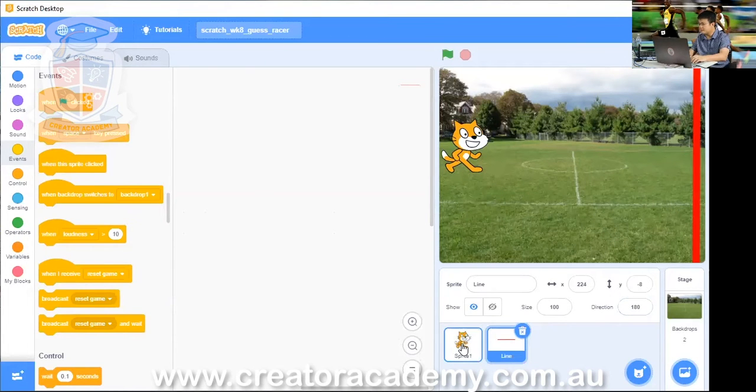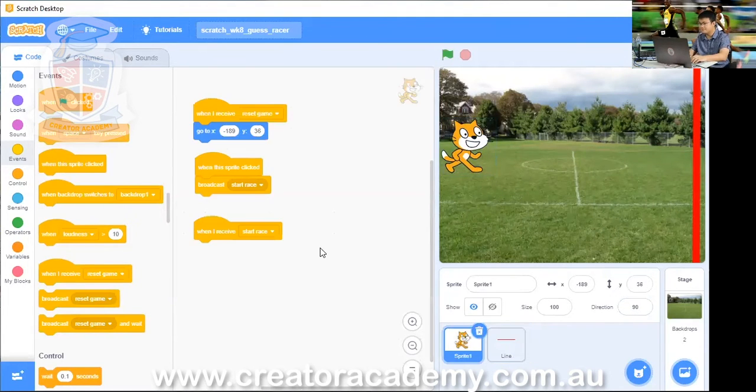All right, now we go back to the cat. Click on the cat. When I receive start race, what do I want the cat to do? Well, what I want the cat to do first is make it go back to the starting position. Remember we already made it: when I receive reset game, we go to the starting position. So when I start the race, I have to broadcast reset game.